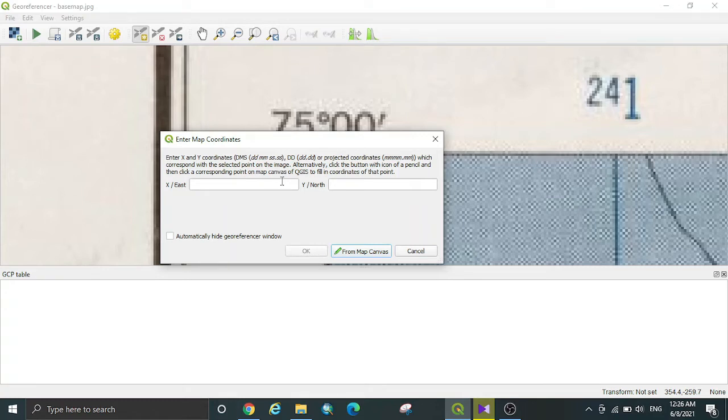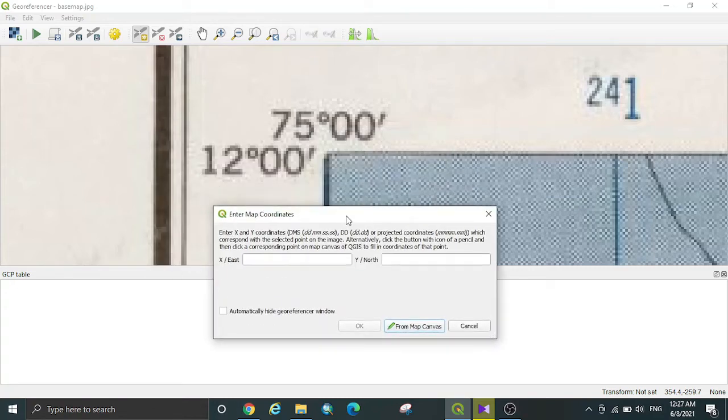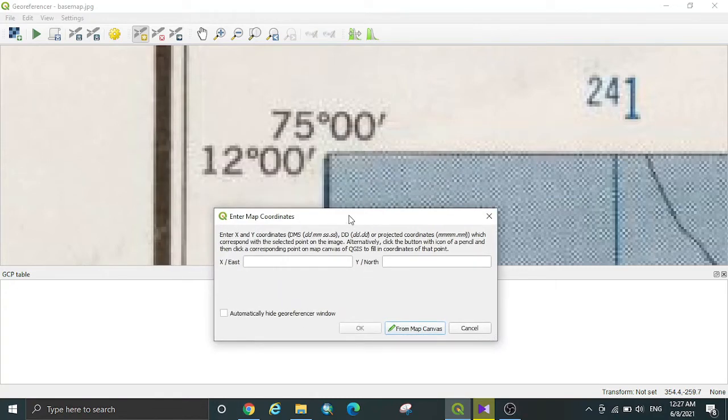Here we are using degree, minute, second to add the coordinates. X represents the longitude value and Y represents the latitude value. In other words, X is the horizontal line that extends towards the east and Y is the vertical line that extends towards the north or south.